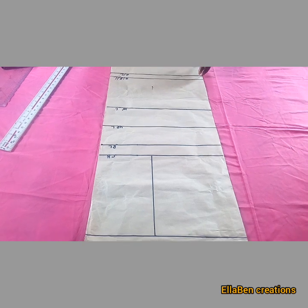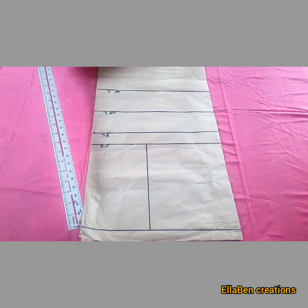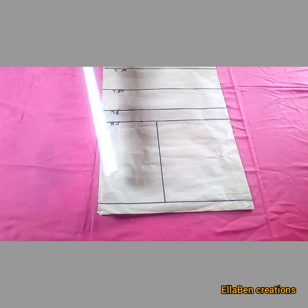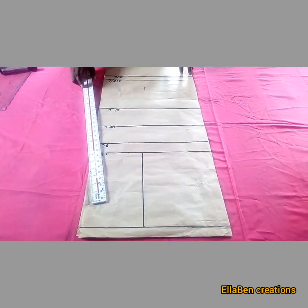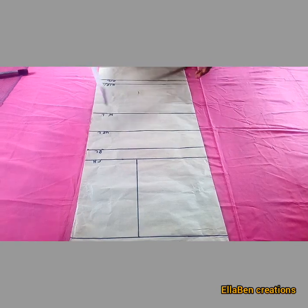This is my pattern paper. As you can see, it's already unfolded. I'm going to use this to cut both the front and the back before transferring to the main fabric. Okay, so as you can see, I've marked all the